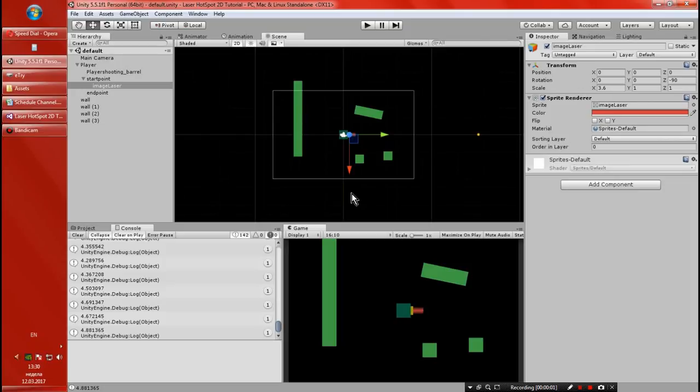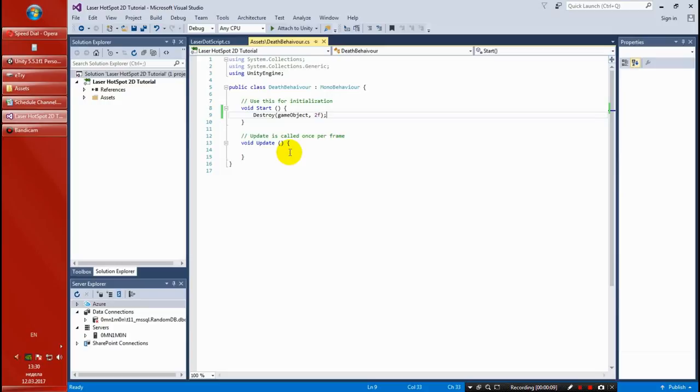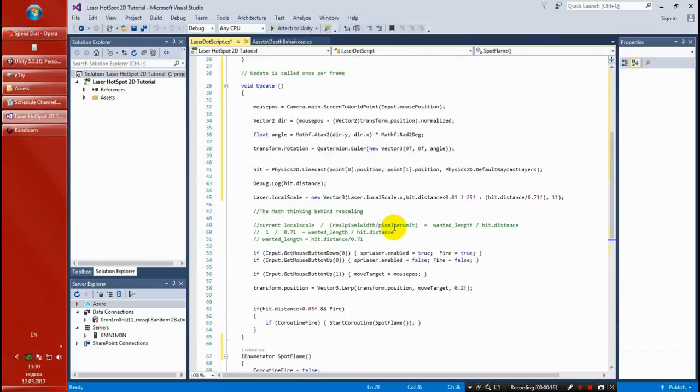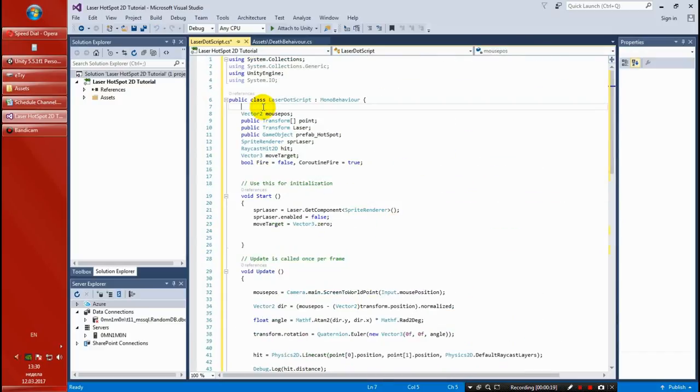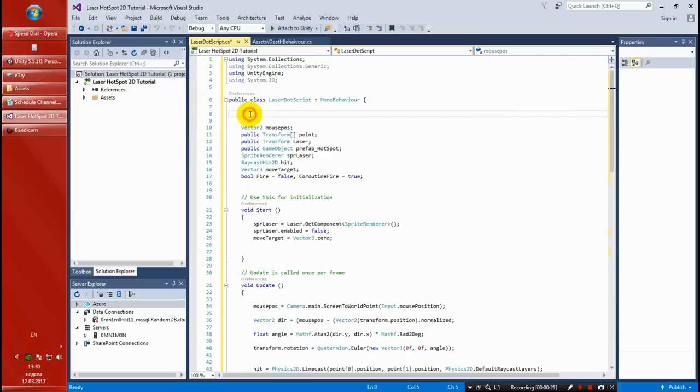So, about saving and loading the game. First, I'm going to edit the script, and then I'm going to return to set up the buttons, the canvases, the event system, and all that. For the saving and loading, we're going to be needing